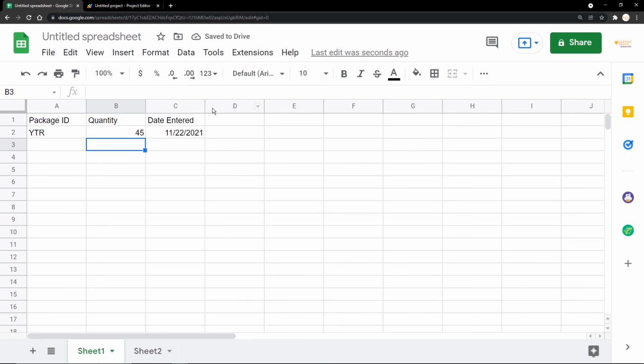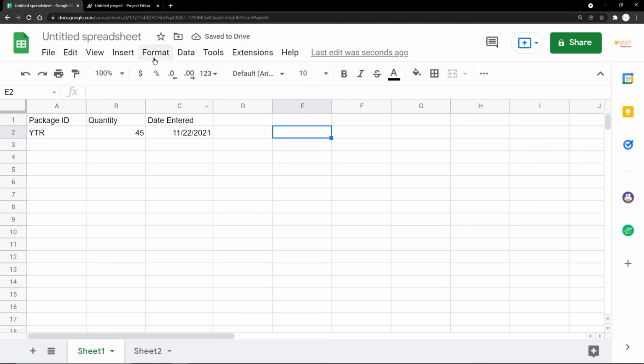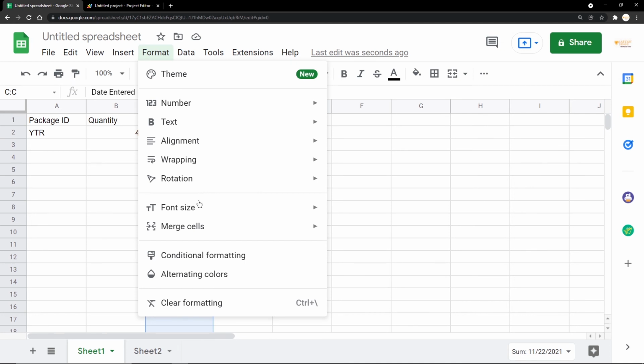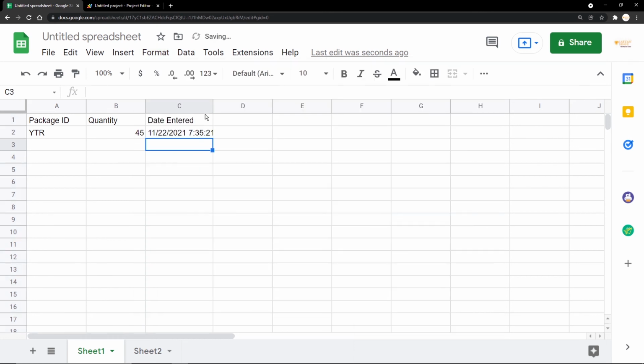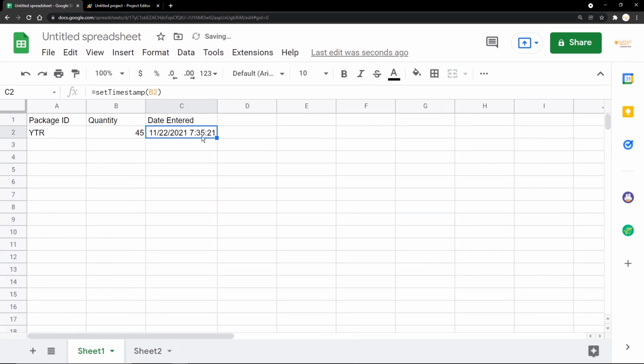And you can see 11:22 has successfully been added, but this is not looking good as a time. So we're just going to go to column C. I'm going to select this entire column, go to Format, go to Number, and then select the perfect option. I want a date and a time. Click on Date time and you can see the date and time, that's 7:35:21. It's successfully been added. Now I'm going to drag this to all of them, and now it's added. So I will go here, GFH, 67, and the new timestamp is added.